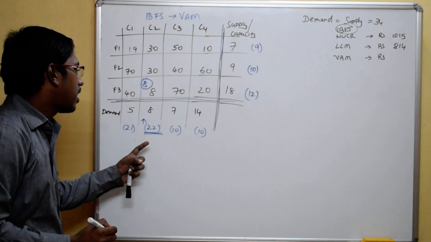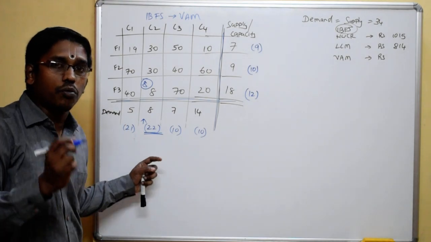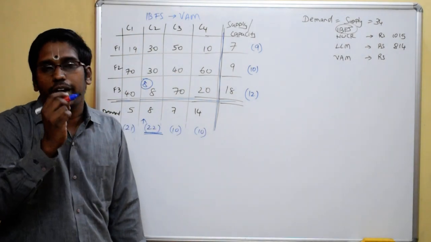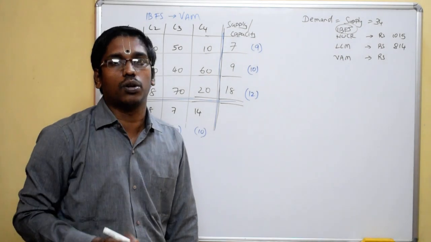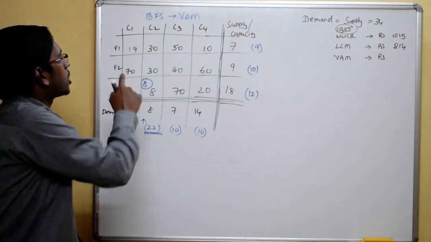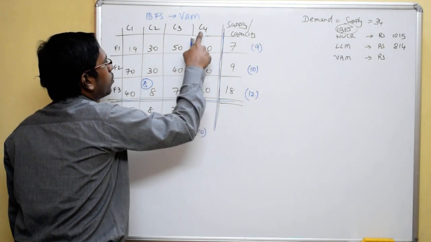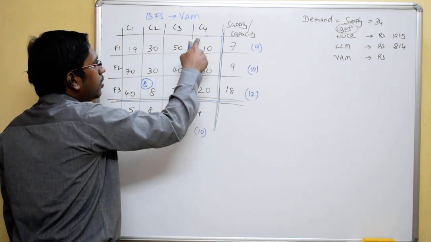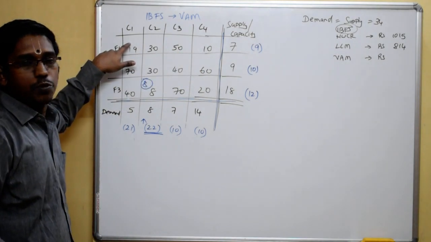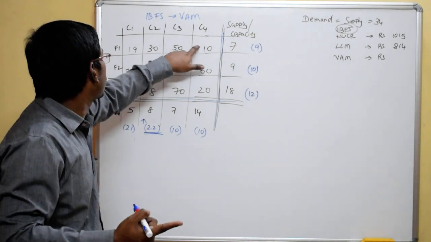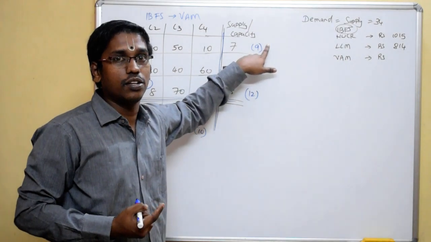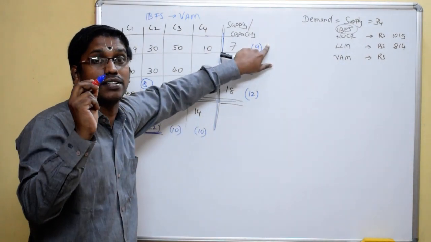Now, why should I select the highest penalty, 22? What do we mean by the term penalty? Here, in Vogel's approximation method, what we take into consideration is something called incremental cost. In the first row, the least cost is 10. If I fail to transport on this particular route from F1 to C4 at the least cost of 10, the immediate next least cost available to the company is 19. Which means if I don't transport at 10, the next least cost is 19. My cost increases by 9. So my incremental cost is 9. So what does the penalty represent? Penalty represents incremental cost.